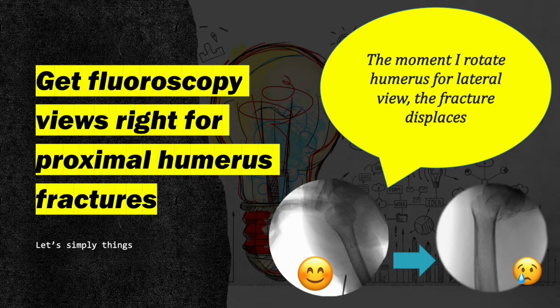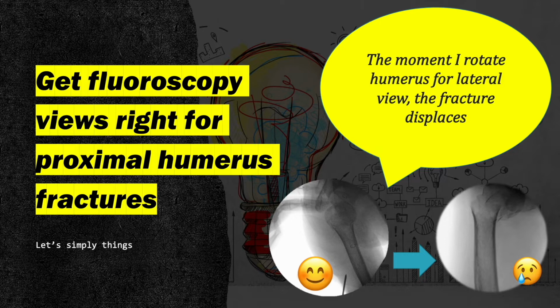which you can reduce under direct vision and provisionally fix with K-wires, and rotate the arm in internal rotation, which can provide you the lateral view. But when you are planning for closed reduction and percutaneous K-wire fixation, you want the fluoroscopy to be in such a position that you need not rotate the limb in internal rotation,